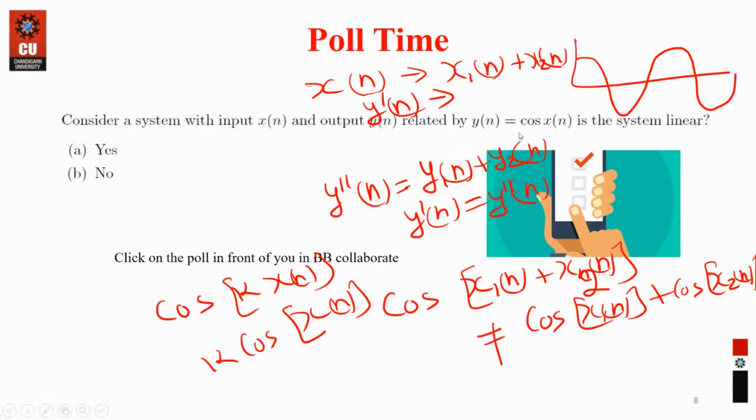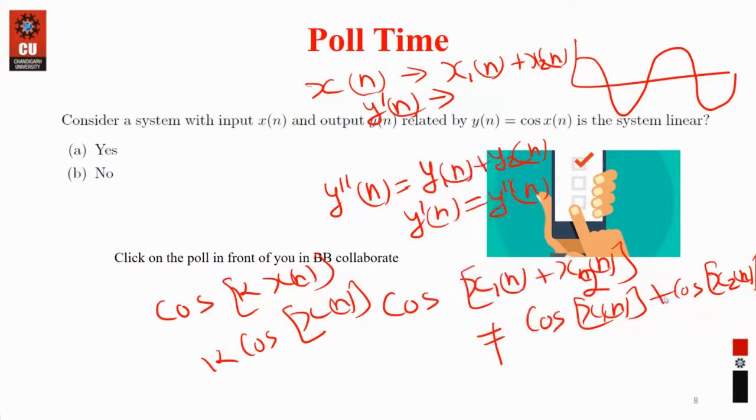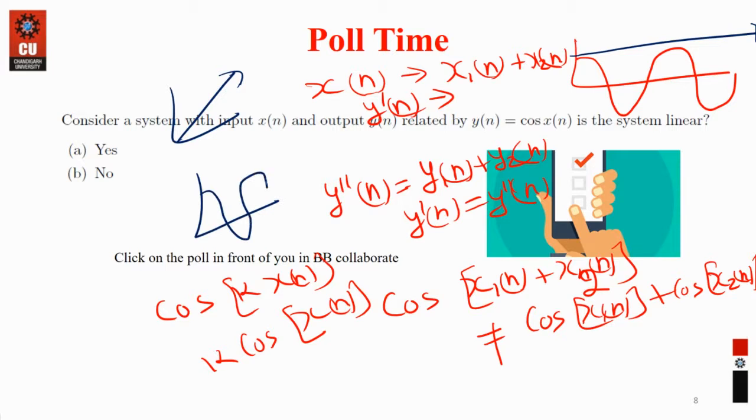Or just look at the graph. Look at the output waveform it has. So the waveform is not linear. You will see it is not like a straight line, but in fact it is changing. So it is a periodic wave, but it is not a linear wave.